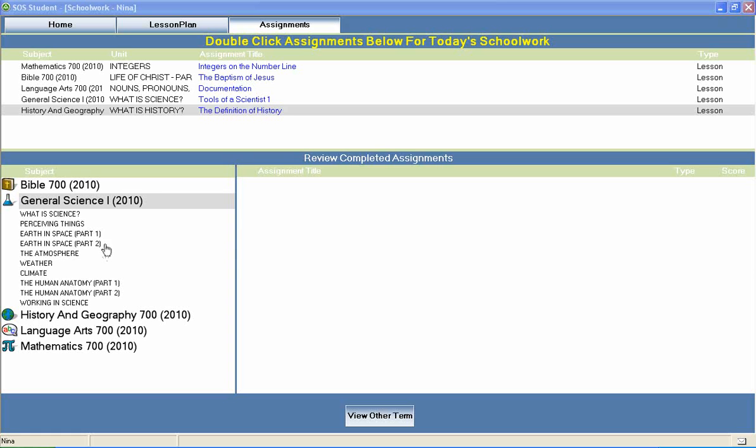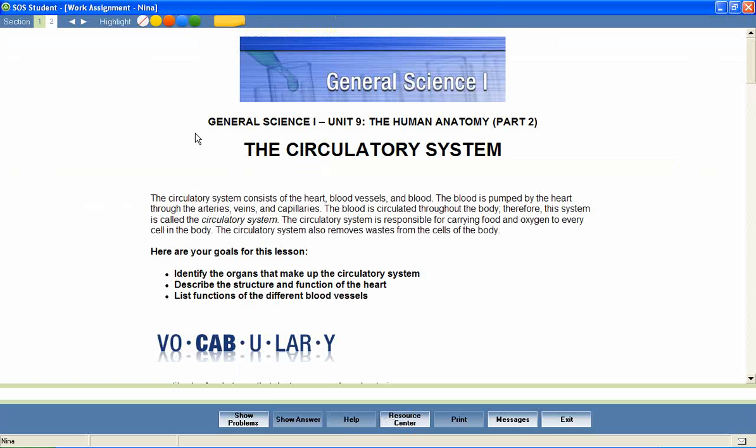Now let's take a look at a General Science 1 lesson to see how concepts like these are covered. In a unit entitled The Human Anatomy Part 2, let's take a look at a lesson called The Circulatory System. Most Switched On Schoolhouse lessons begin with a brief introduction and a list of objectives for the lesson. These objectives help students stay focused on important lesson content and provide parents with an effective way to measure mastery